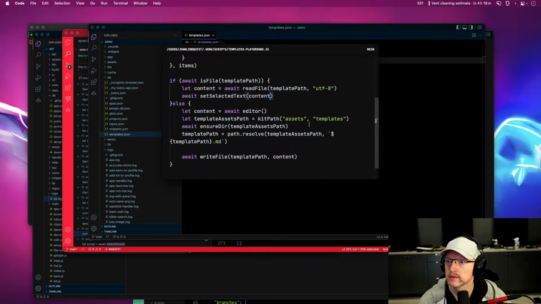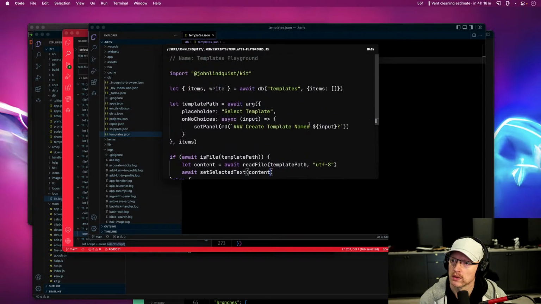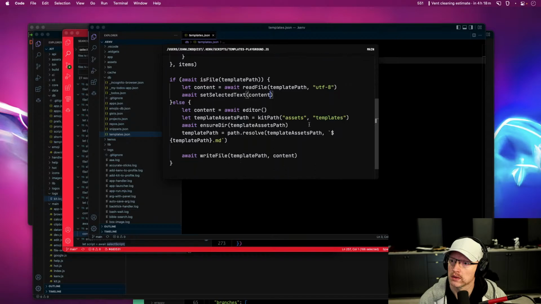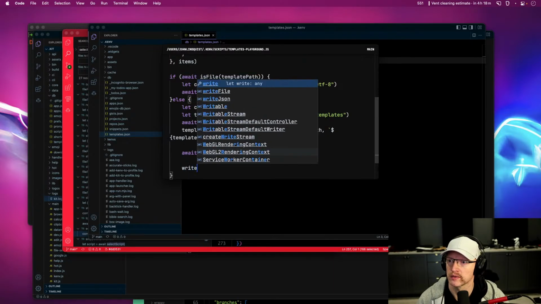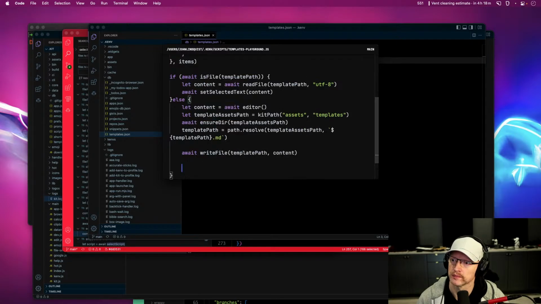All right, so write file, and then also I want to write items push